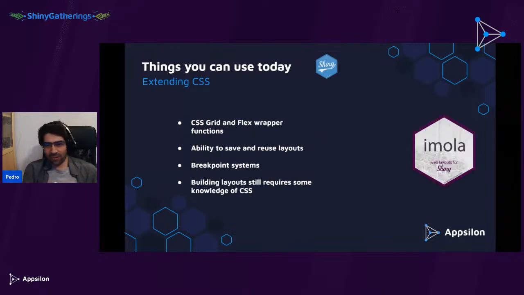My own package, Emola. If you're looking for something that does layouts, specifically if you're getting into CSS, you might start reading a lot about grid and flexbox. Emola is just a way of doing these directly from R. It has some really cool stuff. I try to use it as much as possible because even though I did tell you that you shouldn't add styles directly in R, if this is an R function, then it's okay. That's my stance, and I will stand by it.